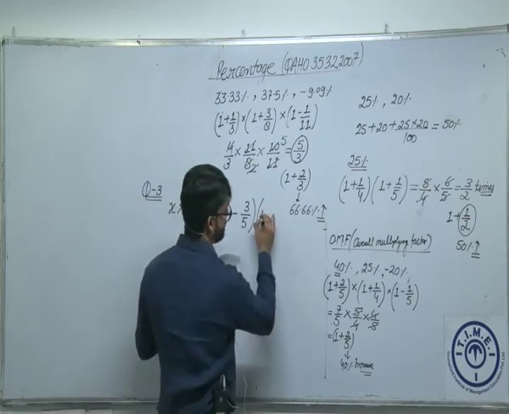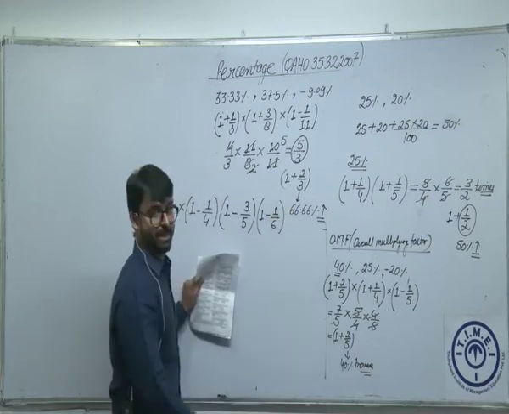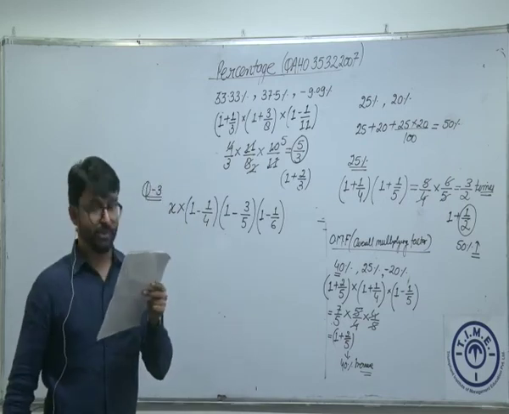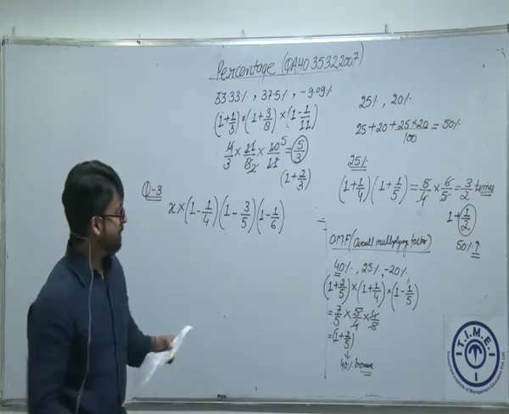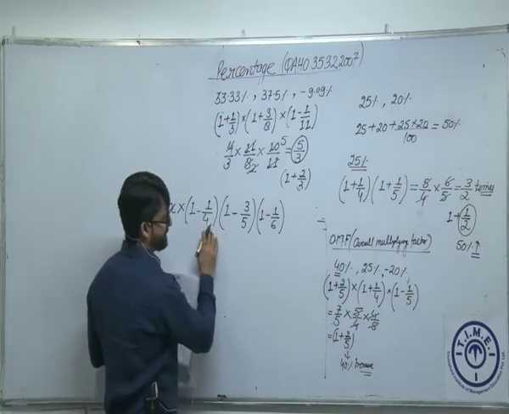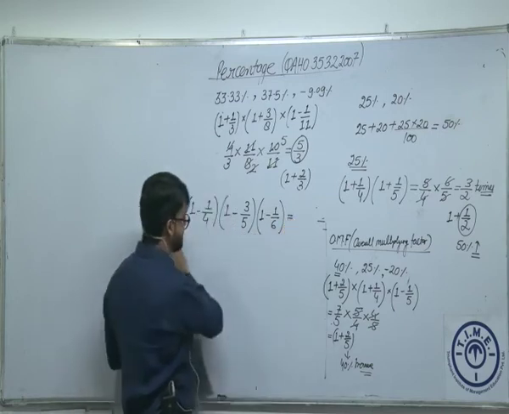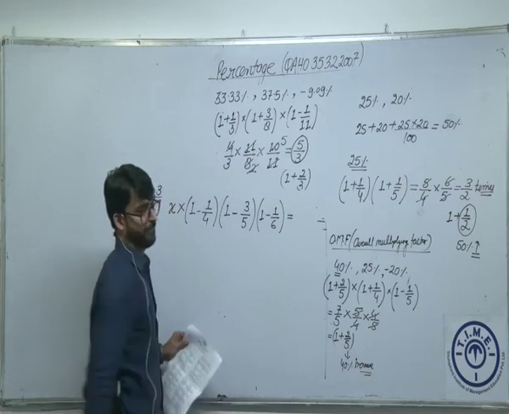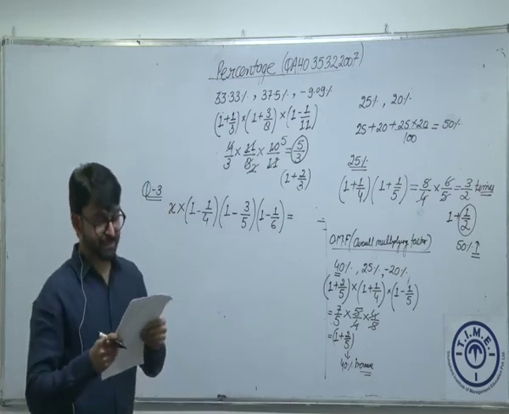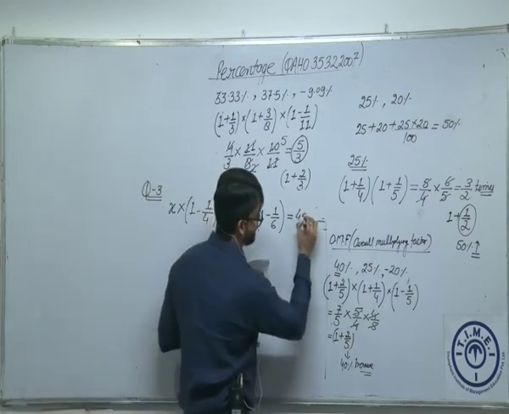16.66% कितना होता है बताओ? 1/6. So which is 1 minus 1/6. He is spending on education. Is that okay? Now अब उसके पास इतना पैसा बचा होगा. This is 25% expenditure, this is 60% expenditure, this is 16.66% expenditure. Now this is the amount which he is going to save at the end of a month. And the question is saying he saves 4,500 rupees per month.